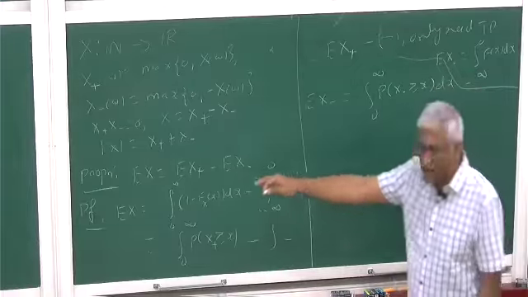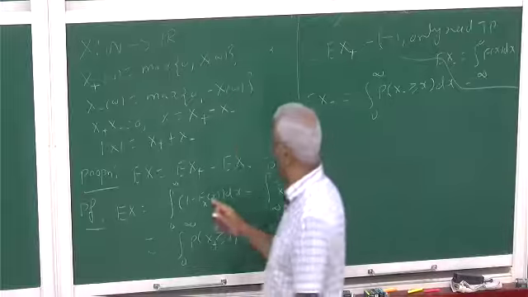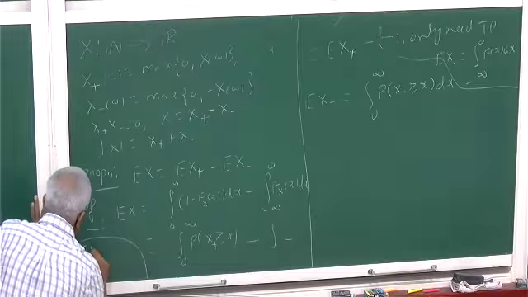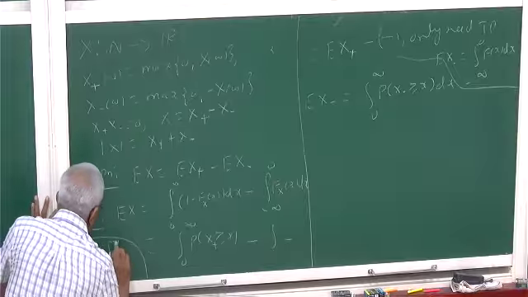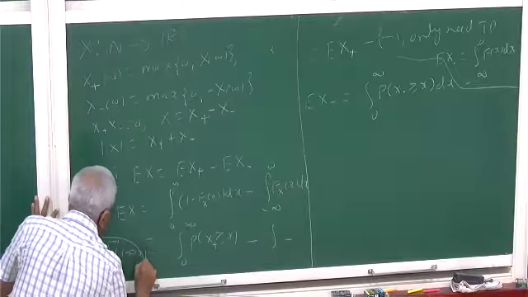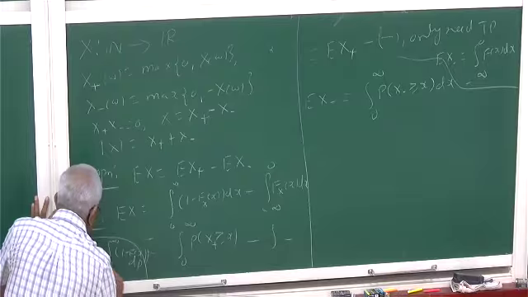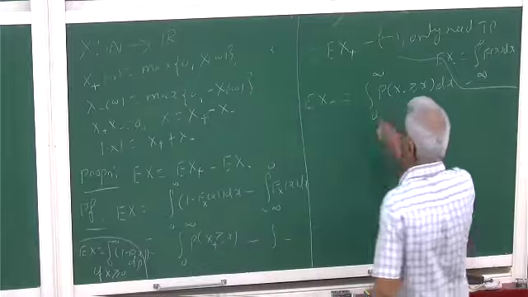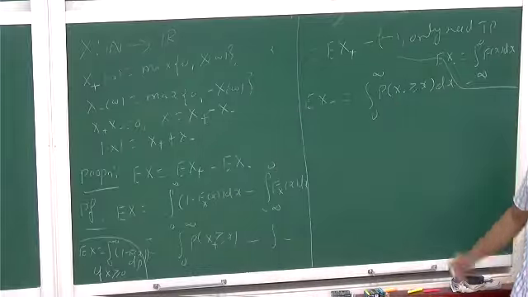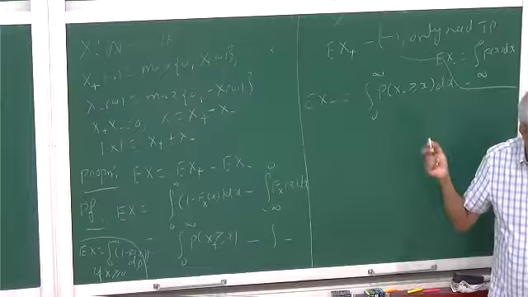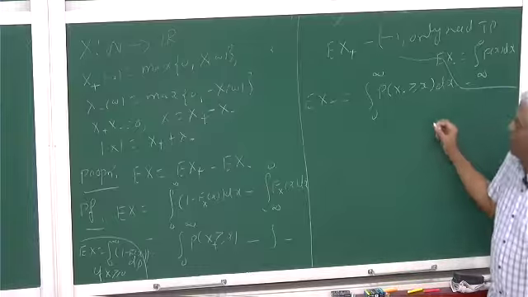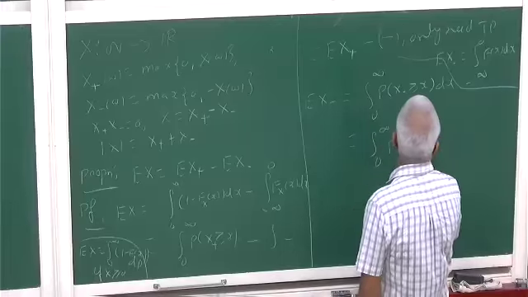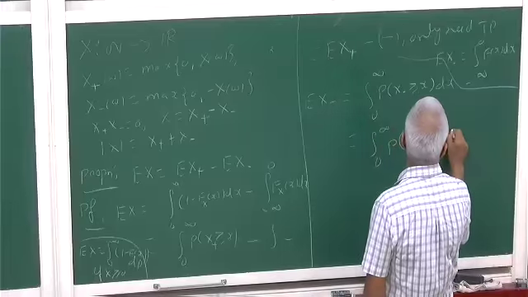By whatever we have done, we have proved the two things. E of x equals this, and when x is positive, E of x equals the integral from 0 to infinity of 1 minus F of x dx. Because x minus is a positive random variable, and x plus is a positive random variable, this is true. So this is the same as the integral from 0 to infinity of the probability that minus x minus is less than or equal to minus x,